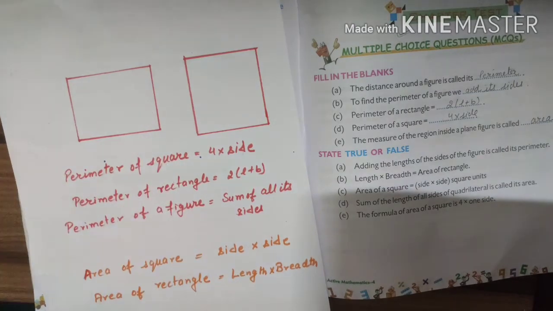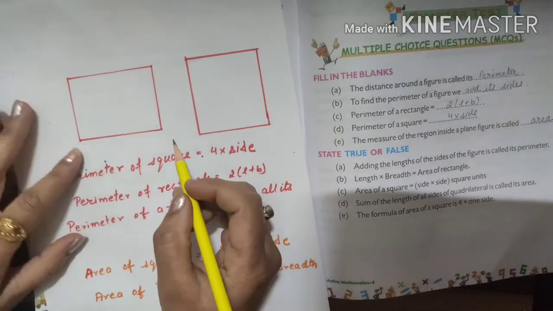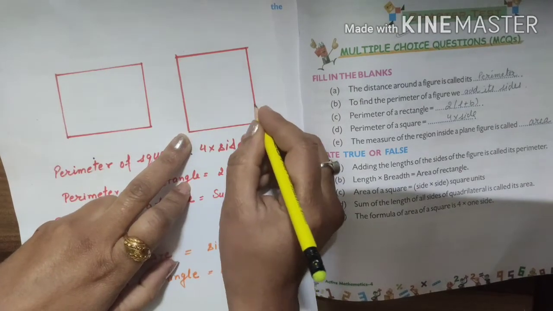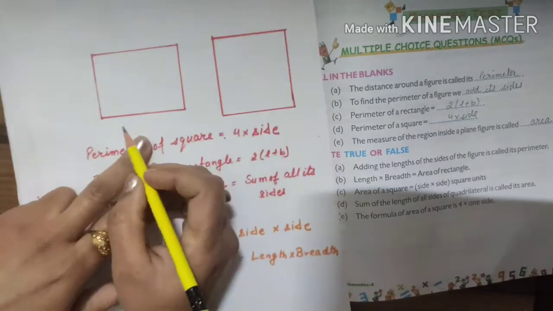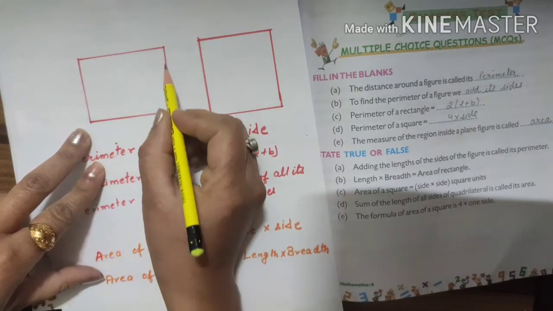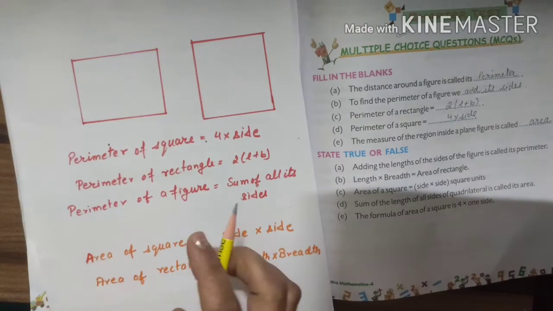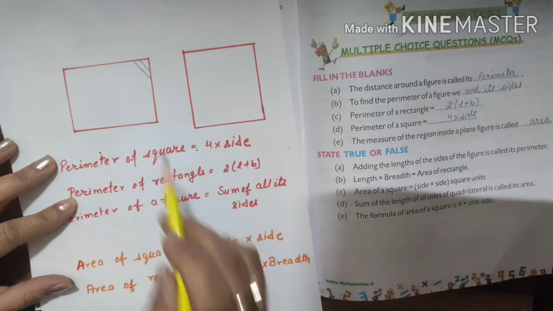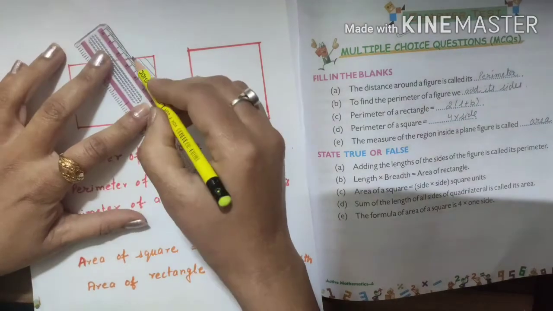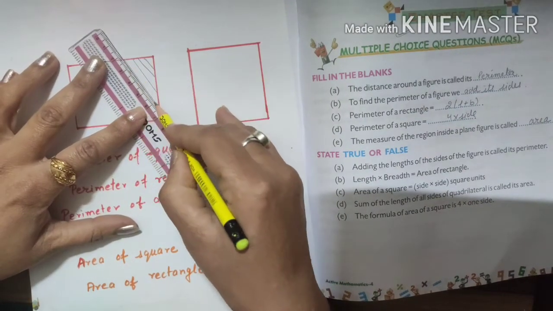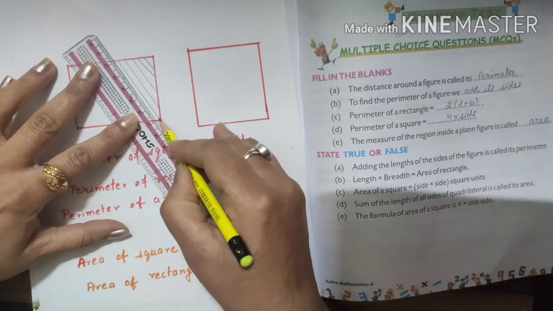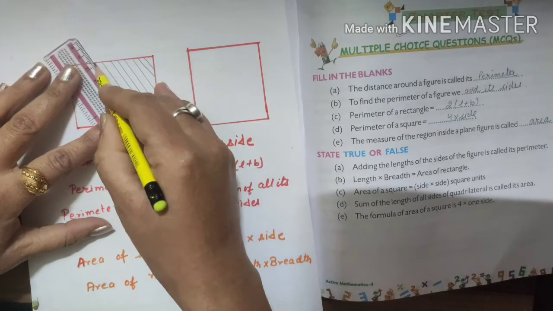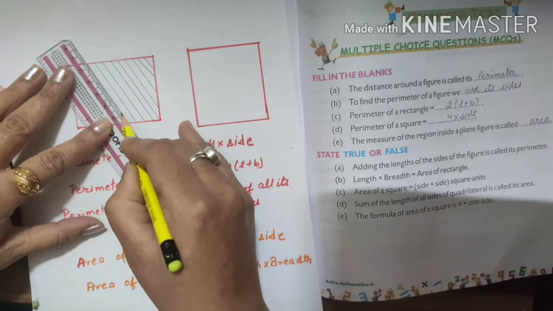If we want to find the perimeter, perimeter means the length of this side. In the case of a rectangle, this is the length of this side. If we discuss the area, area means this inner side, this whole inside, everything that is included. This whole part is called the area.